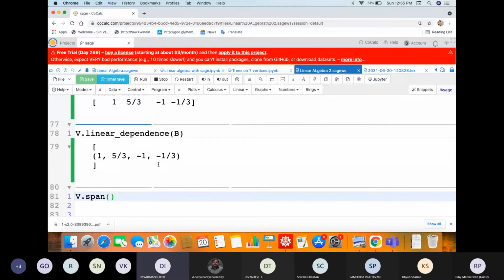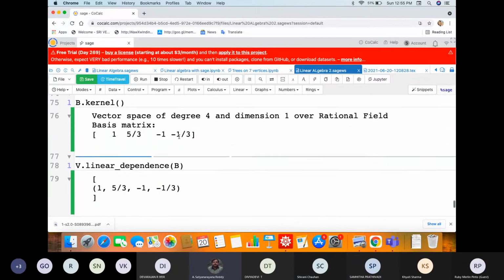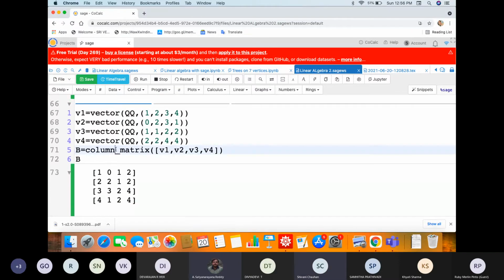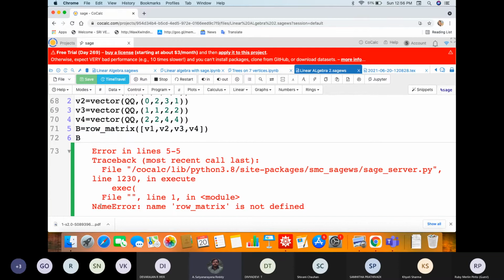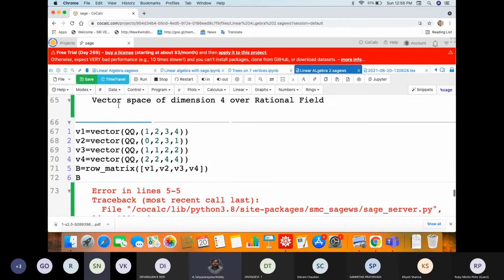Can you show that? When somebody asks that, we need to see what exactly it will give. When you gave column, right? If you give row, what will it give? Just remove column and do row. Okay, it is not giving, some problem came. I think you can just try matrix, which is the normal command.